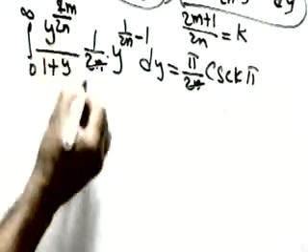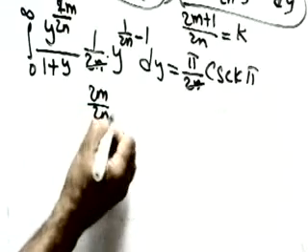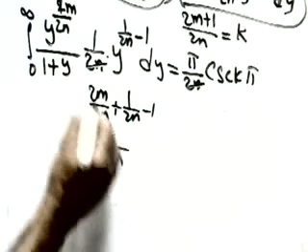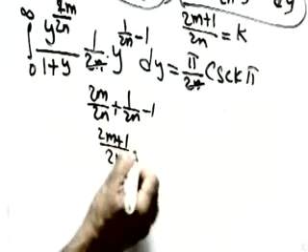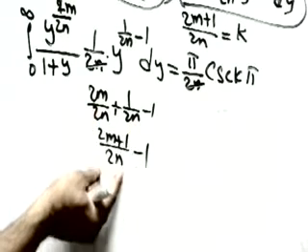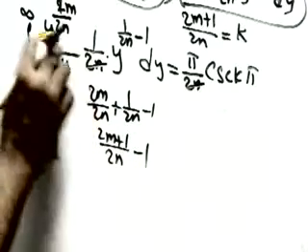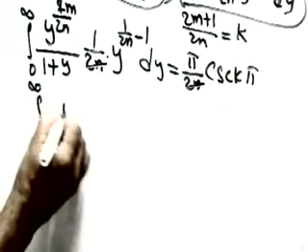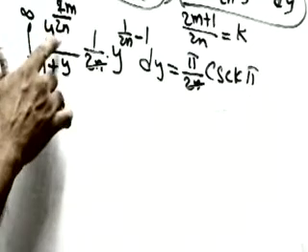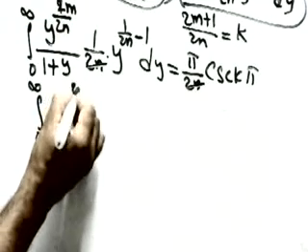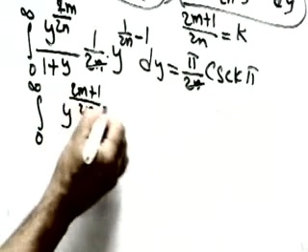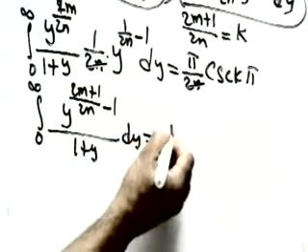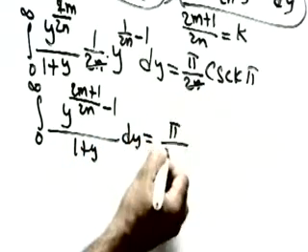Now these two have the same base, so let me add the powers. What are the powers here? Here the power is 2m by 2n plus here the power is 1 by 2n minus 1. If you take the LCM, this will be 2m plus 1 minus 1. So we take the LCM here, bases are the same. So here, the integration 0 to infinity, y to the power of 2m plus 1 by 2n minus 1, divided by 1 plus y dy equals pi by